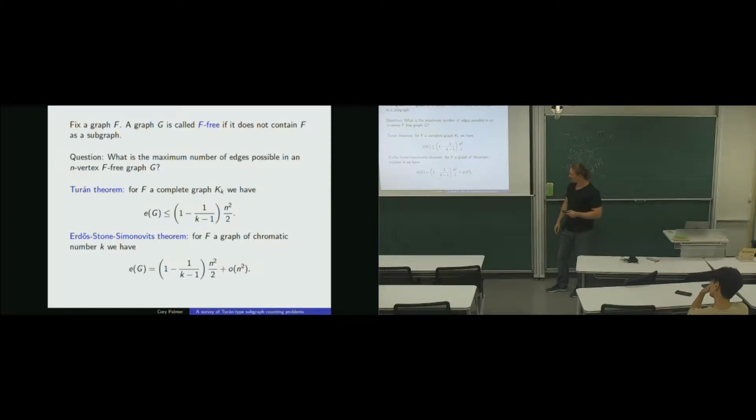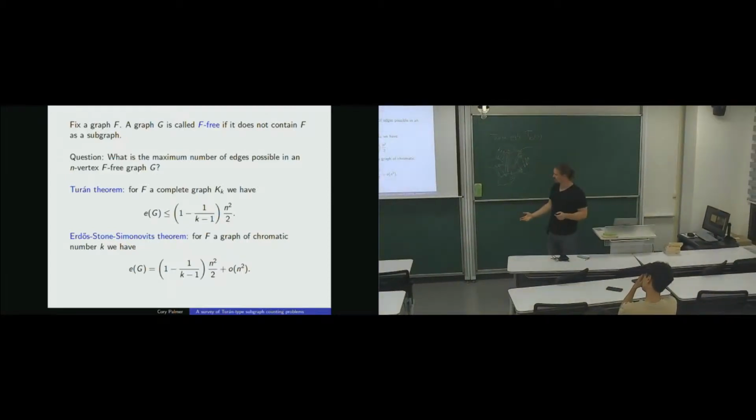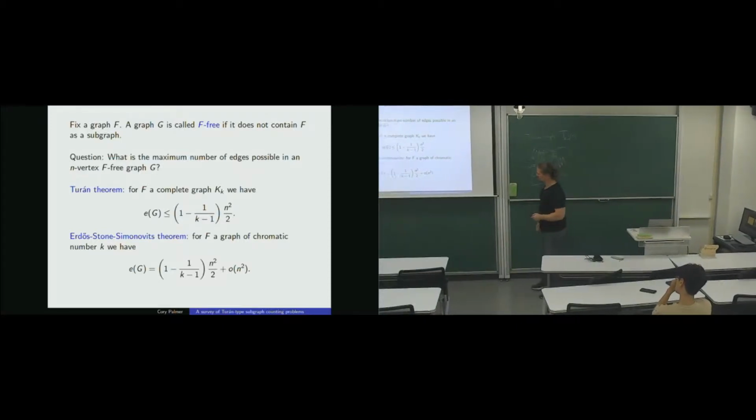When k equals 2, so when a forbidden graph is bipartite, right, it's 2-colorable, you'll notice the leading term vanishes. You have 1 minus 1, so the n squared term becomes 0. And so you just have little o of n squared. We usually call this situation the degenerate case. The theorem's degenerate then. And we only have an upper bound of little o of n squared in general for